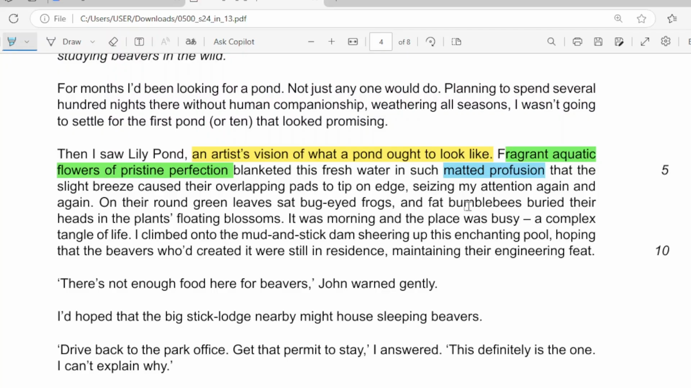Now, another one I'm going to look at again is the overlapping. I think this one is something I need to look into. The overlapping